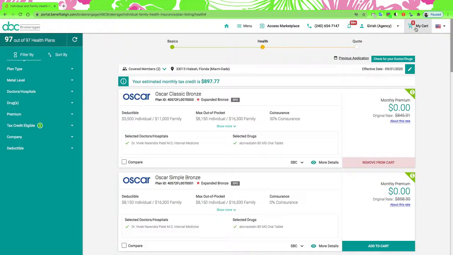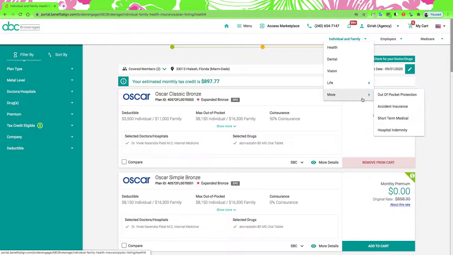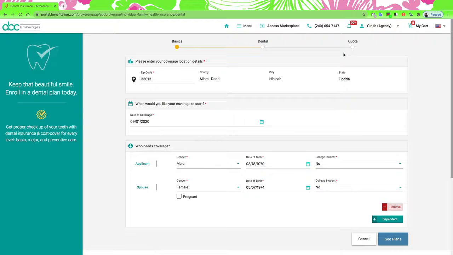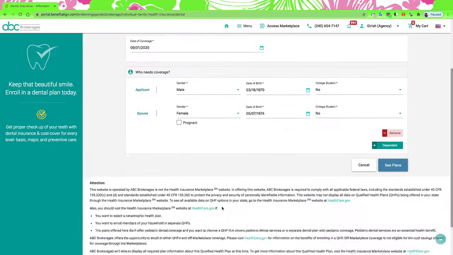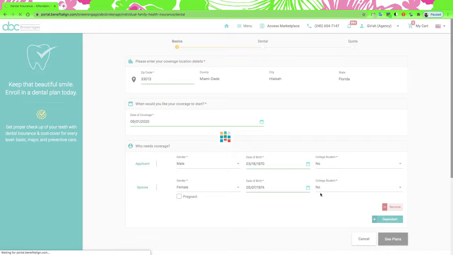now that I have my medical plan sitting in my cart, I also have the ability to add some ancillaries to the same cart. I can go in here, pull down any ancillary, whether it's dental, vision. I can add critical illness or short-term medical. Let me add some dental plans. What it does is, as I switch my line of business, it's going to take me back to that quoting screen wherein it allows me to change the coverage start date. It allows me to change the census. Maybe not all members of the family want dental plan, or maybe they want the dental plan on a different start date. So you can adjust all of those things and then click on see plans, and now you have